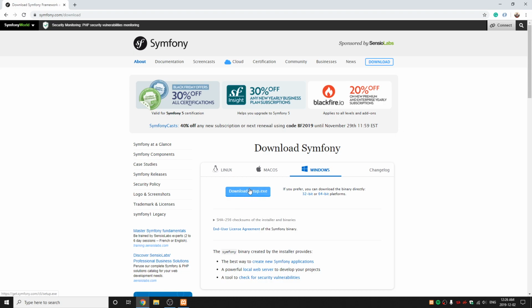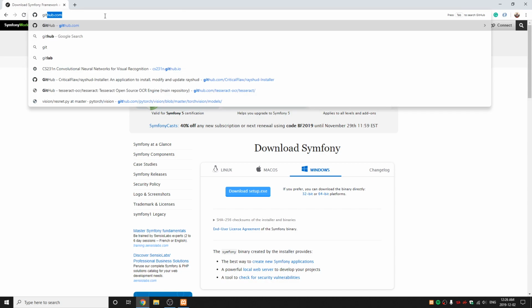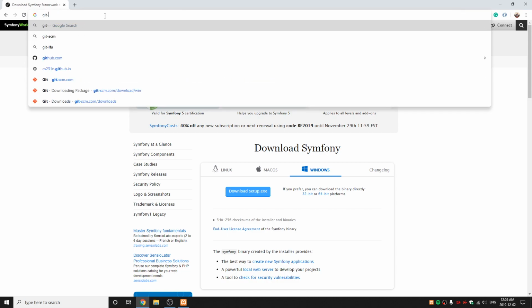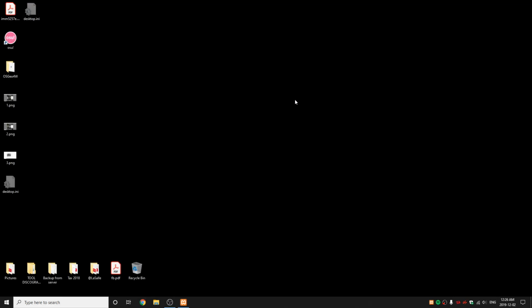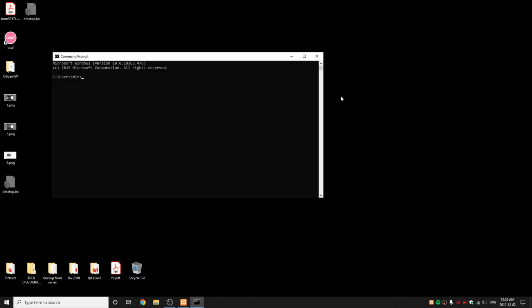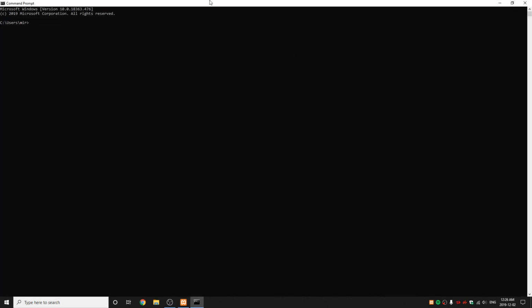But as a requirement, you also need to install Git, which isn't too much of a trouble. You just go to git-scm, download it here. So once you have everything installed, open a command prompt window and